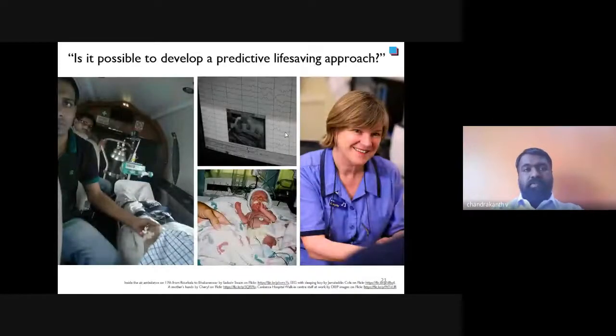Is it possible to develop a predictive life-saving approach? Well, I would say yes, because by collecting all the data from all the patients in a single place and analyzing it, we will be able to predict what the symptoms are, and with these symptoms, what is the next thing which is going to happen to the patient. So all those things could be counteracted over time, and we could save many people's